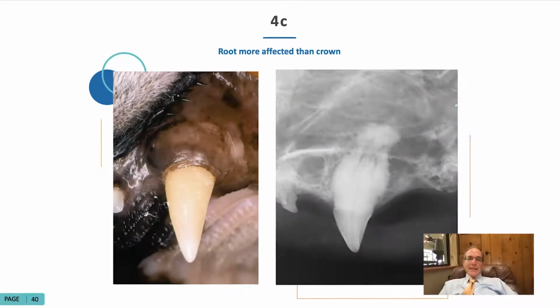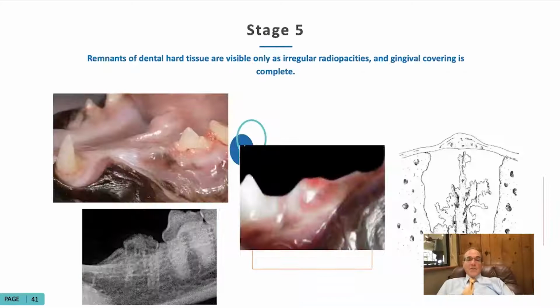And in cats, as long as it's not exposed to the oral cavity, it is not considered to be painful. And if it's a minor tooth resorption, not stage 4, but stage 2, and it's confined to the root, we usually just leave it alone and periodically radiograph it every 9 to 12 months. And once it progresses, they don't all progress, but once they progress to the oral cavity, we would want to take out the tooth. Then stage 5 shows up as a bump.